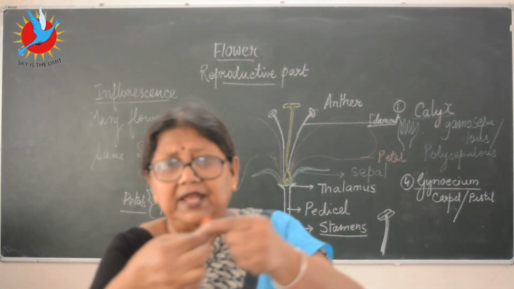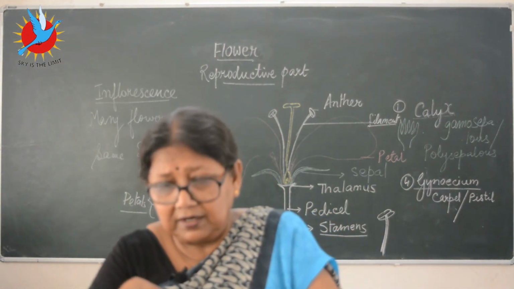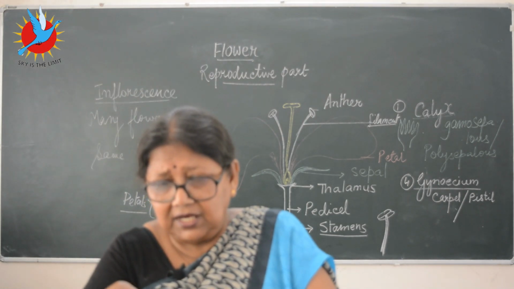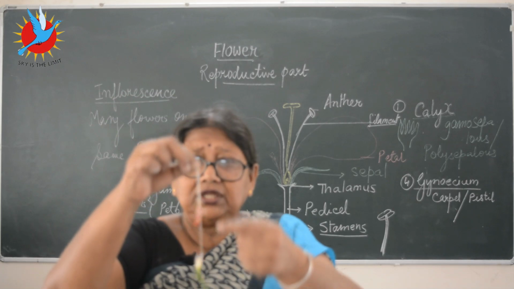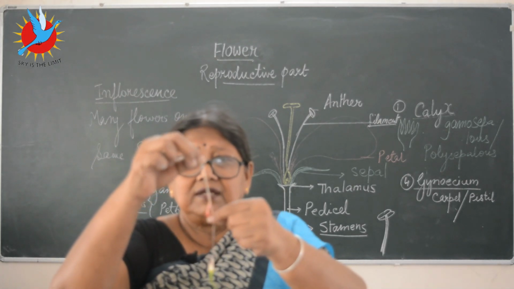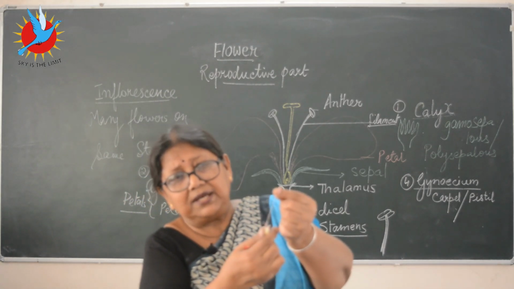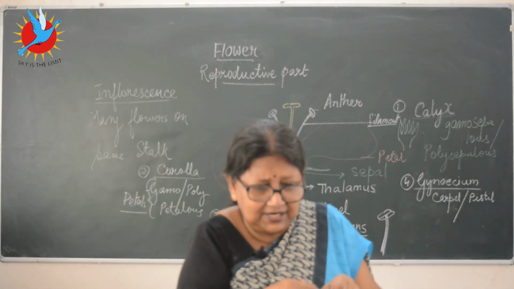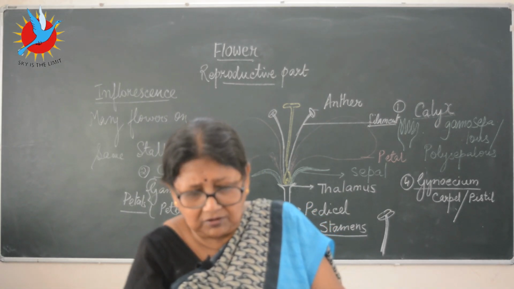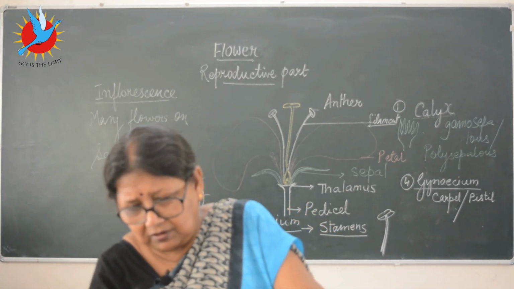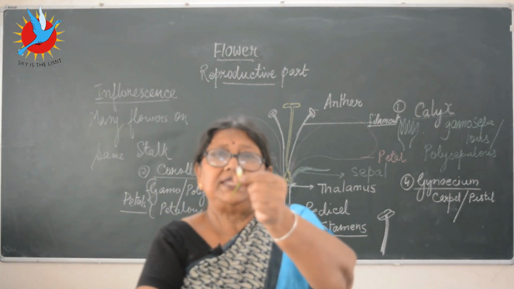This one, I've kept this one for you. This is the innermost one. You have to do it very carefully, very thin, otherwise it tears off very easily. You can see how thin it is. See, this is the one. And at the base you can see, I'll show you, the ovary. The ovary is at the base.